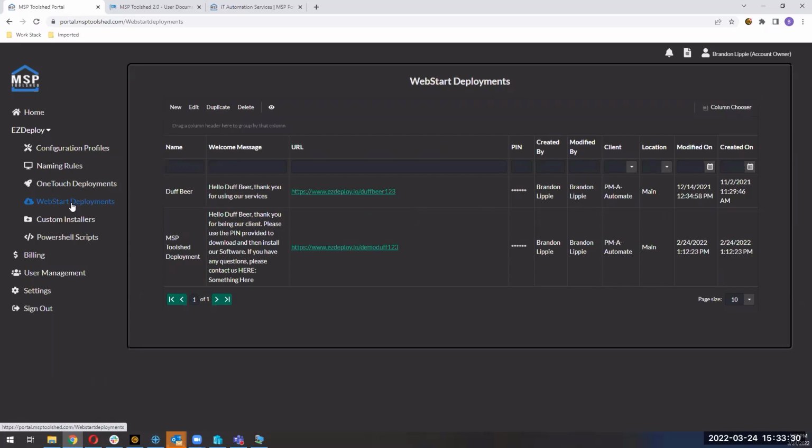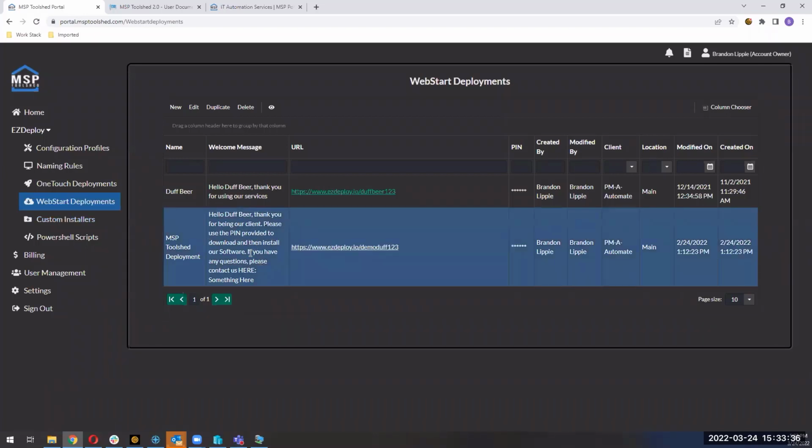Okay. And pretty straightforward. Now, the reason why we call it WebStart is because the idea behind it is you're actually creating a web page. This web page can be provided to the end user if you wish to. This is really useful for, for example, remote users that you're bringing on board. They already have a device, or maybe they've already logged into it as it is. You could send them this website,